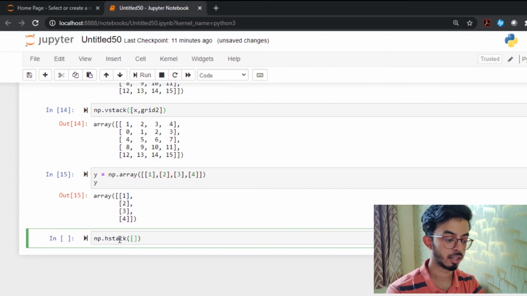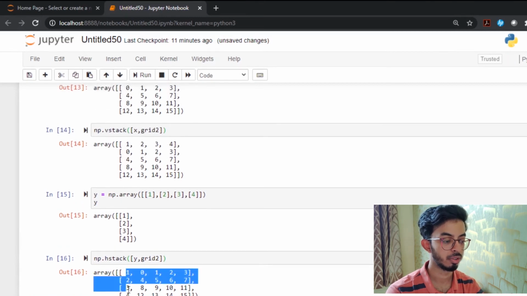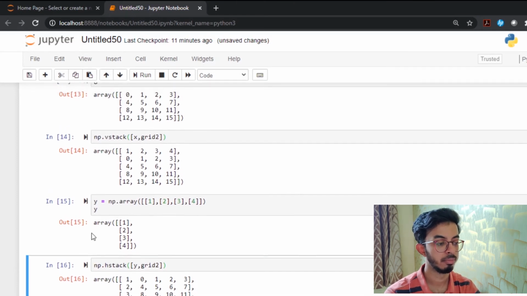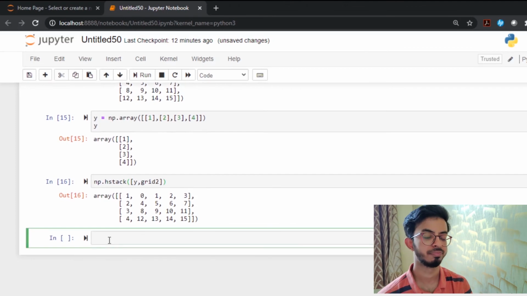We want to stack y before grid 2. As you can see, the first 1 2 3 4, this column has been stacked beside grid 2. So this is fairly easy.